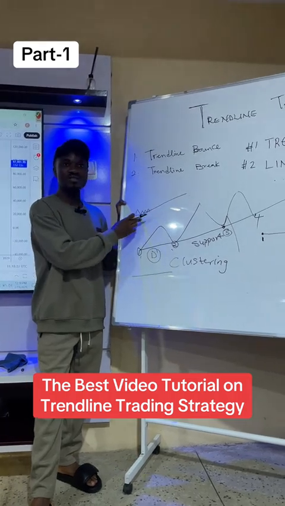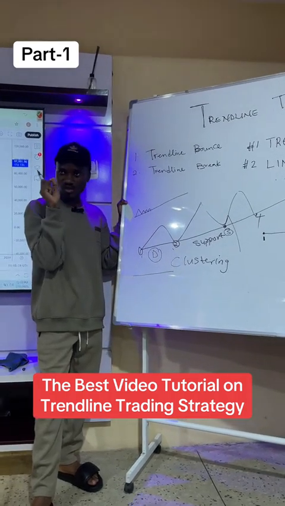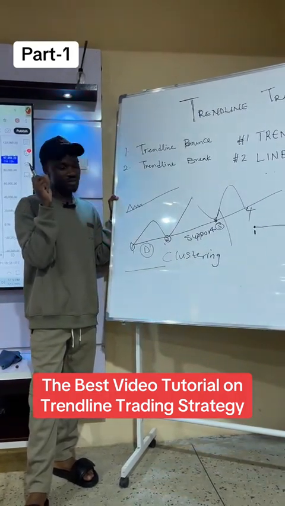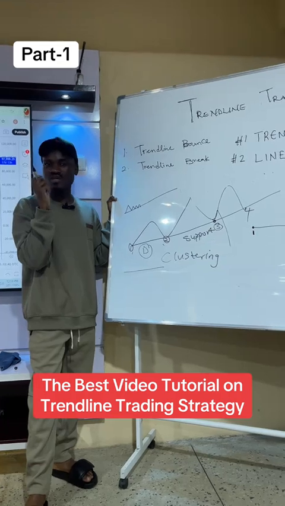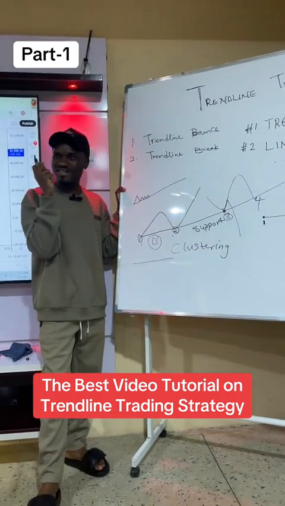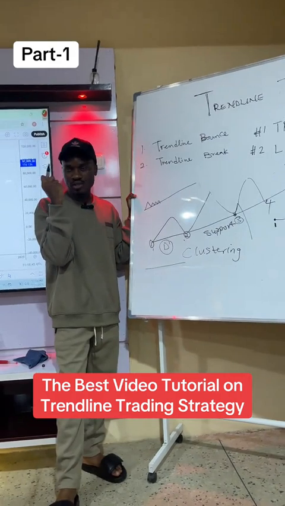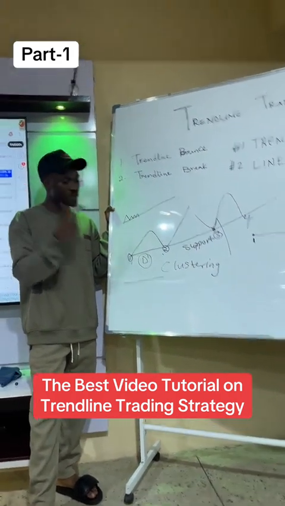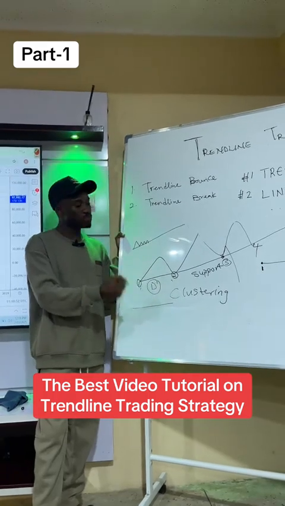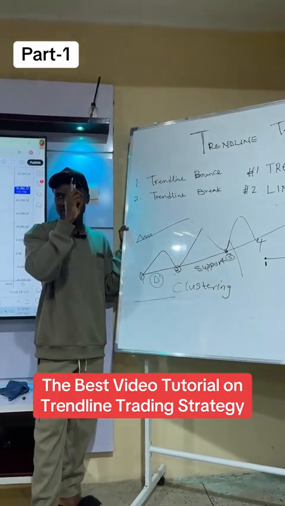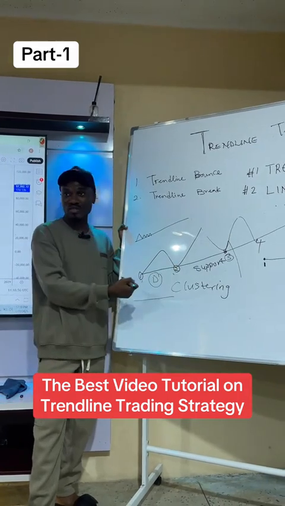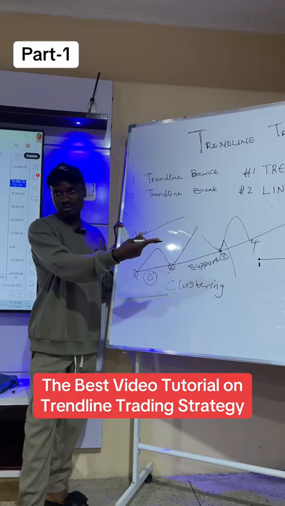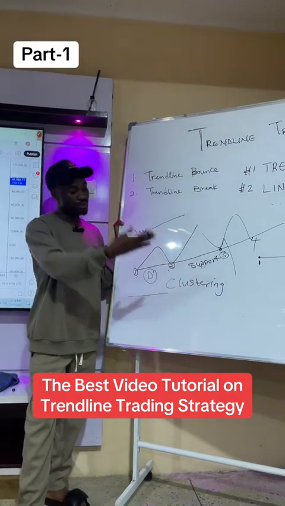Price kept testing this trend line within short intervals. When price keeps on testing a line within short interval, it is showing you technically that that line is a weak line or a weak trend line. If a trend line is a strong trend line, once price tests it, there should be full force to reject it. And before it comes back to test that trend line, there must be an equidistance or a longer distance. And when you have a longer distance, the better it is.